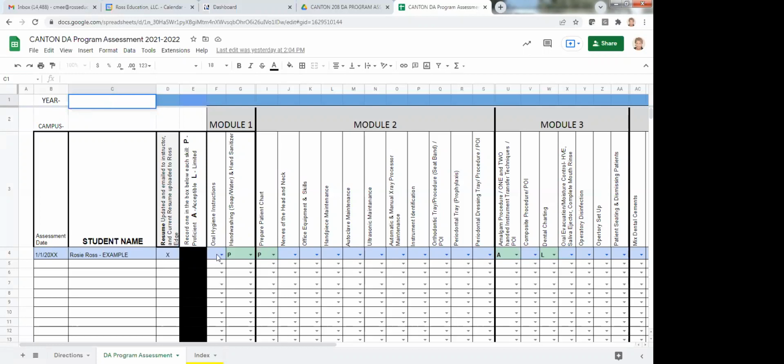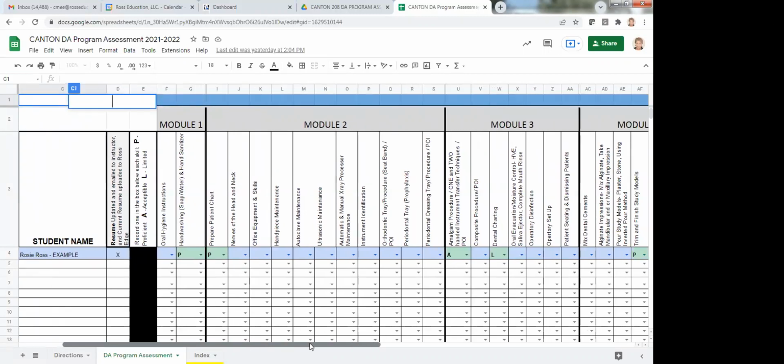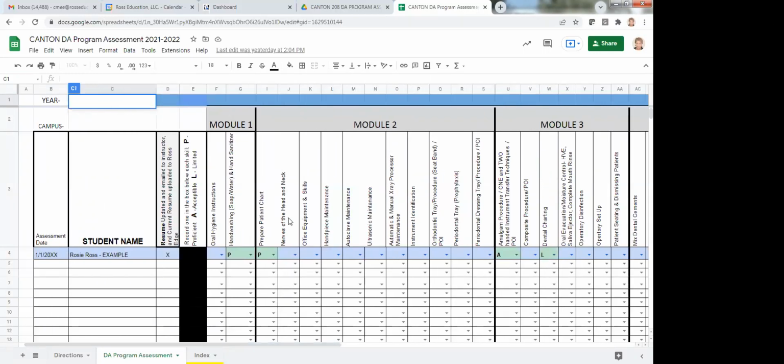Okay. Then the next section has to do with the actual skills, all right? And they're divided by module, so module 1, module 2, module 3, and all the way through, okay? So whatever particular skill you are going to assign your students, and we know it's all based on time availability, and obviously we want to pick the skills that we think the students are most